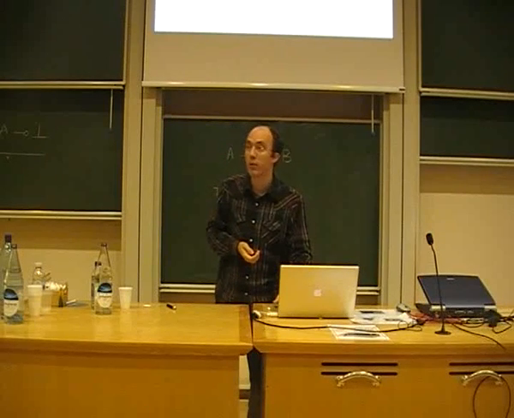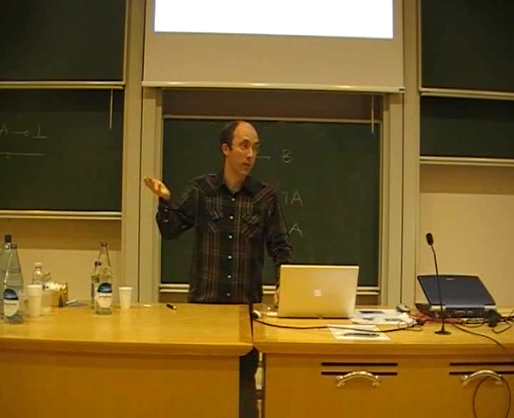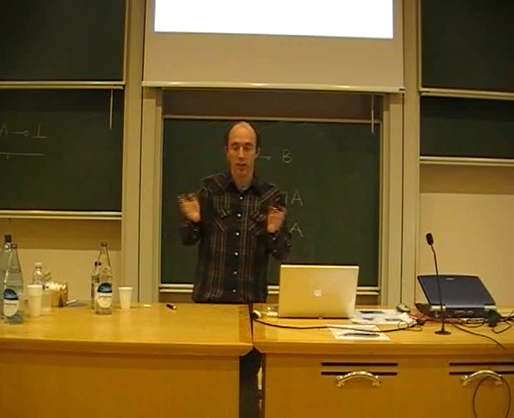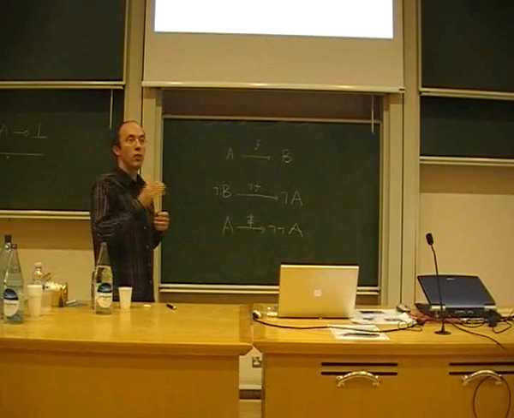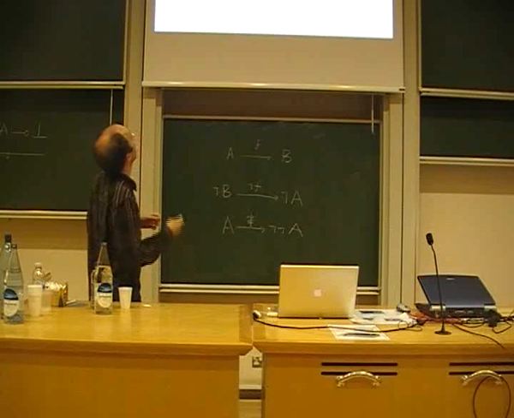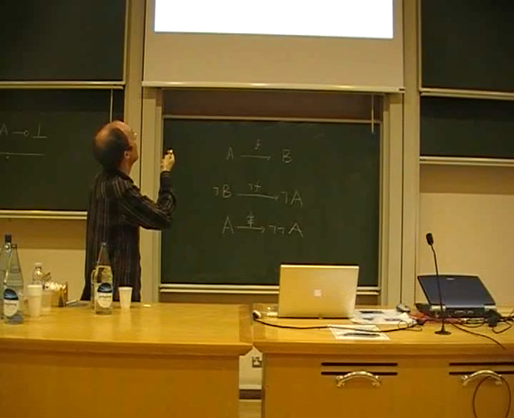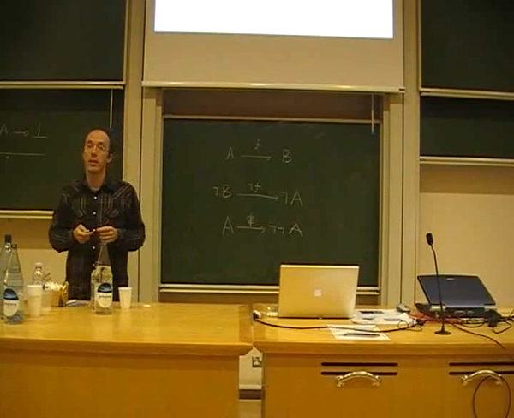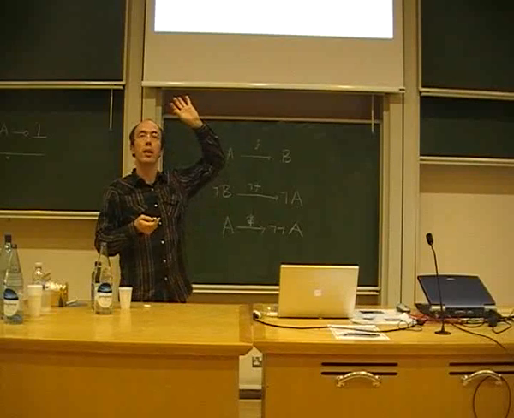But now if you do this with a dialogue category, you don't get the star autonomous category. Okay? Usually it won't work. On the other hand, it will work precisely when the monad, the double negation monad, is not just strong, it's commutative. And the reason is that when it is a commutative monad, so commutative means that the two canonical